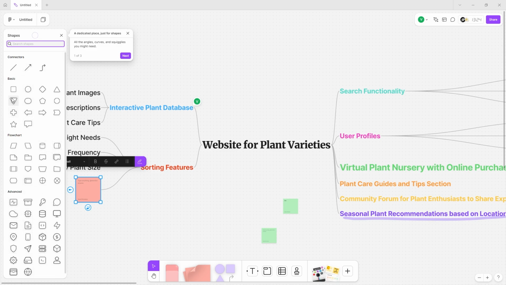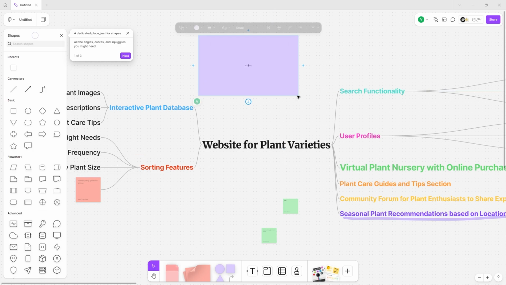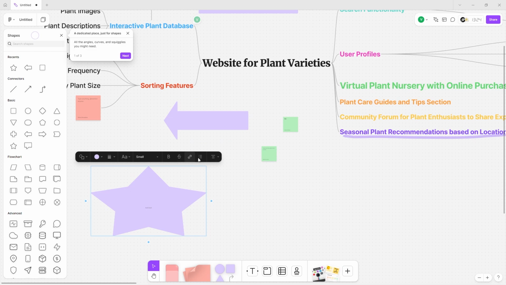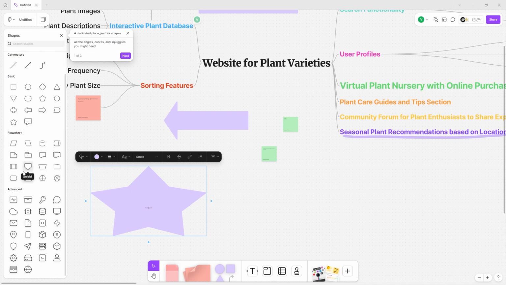And this starts off from the basic shapes. For example, a rectangle where you can add text, obviously. You can also have your basic lines and arrows and connectors and stuff like that, or have there be an arrow or a star or any other shape of that sort. But these flowcharts are really where it gets extremely useful